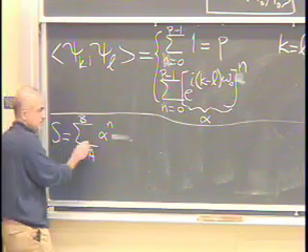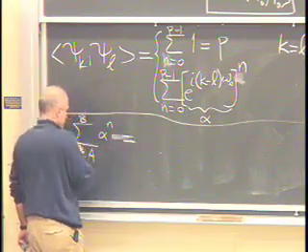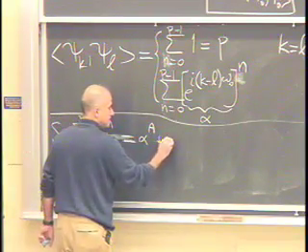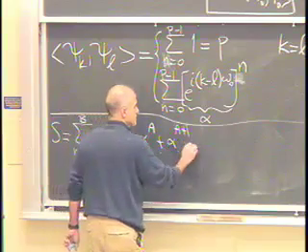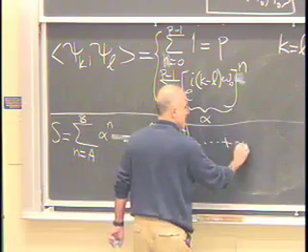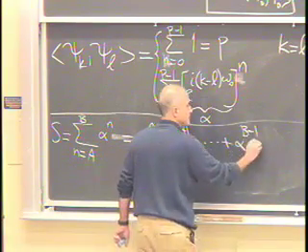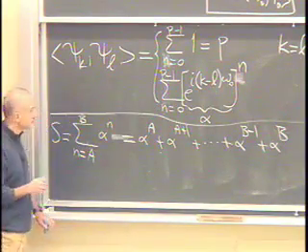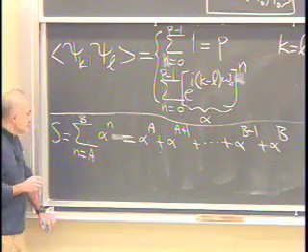Okay? And you write out all the terms. So you have alpha to the a plus alpha to the a plus 1 plus ... alpha to the b minus 1 plus alpha to the b. Okay? If alpha is not equal to 1,